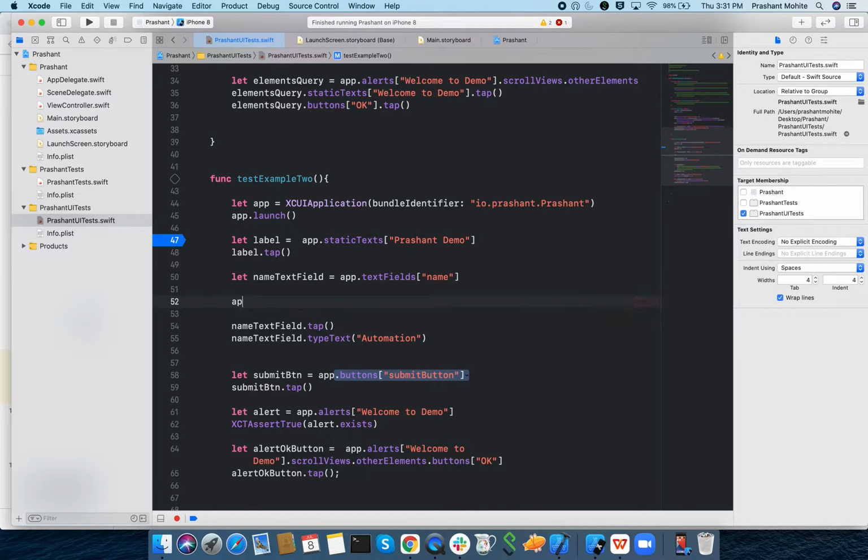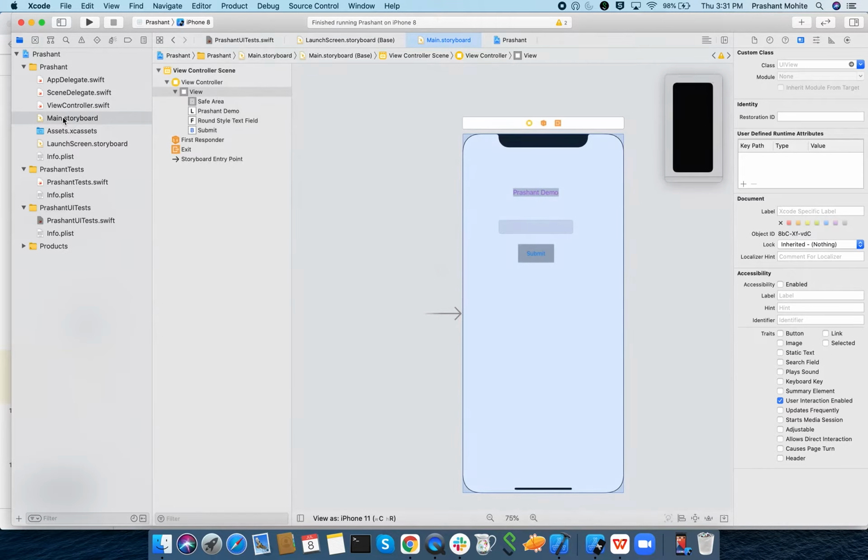Here I have defined a name text field. In my application there is one text field, and that text field has a name. So let's see. This is the text field which we have in the application. It's loading. You see I have put the identifier as name, so that's why it's unique and I can find it by using the label or hint or identifier.